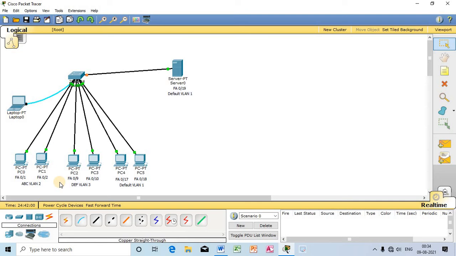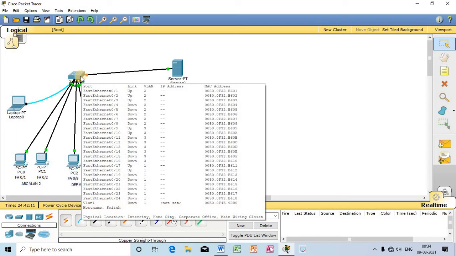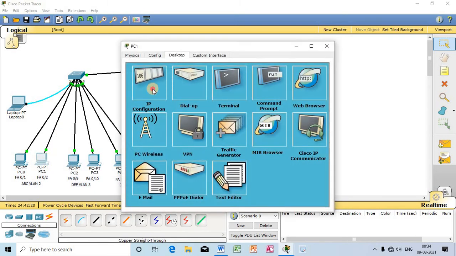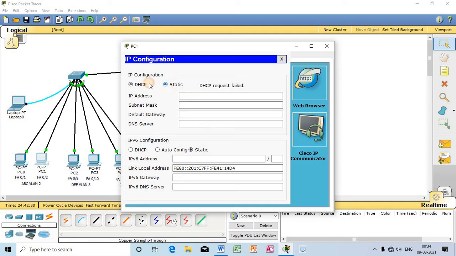Then okay, wait for 50 seconds until the MAC address of the server gets registered in the MAC table of the switch. So let us wait for some more seconds. It is about to complete. Yes, now I will request the IP address. Wait, you can watch out.